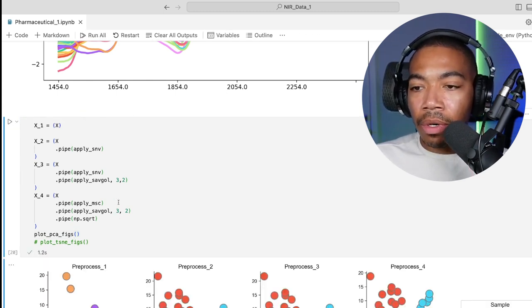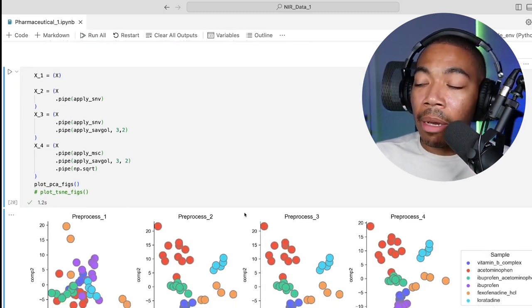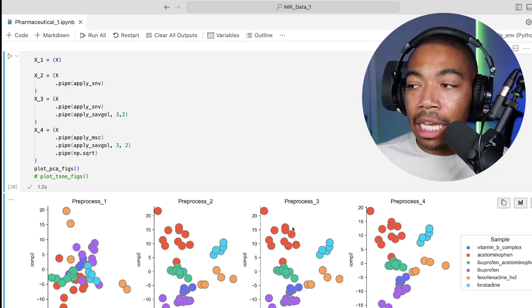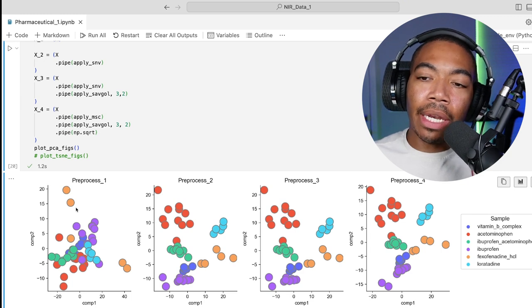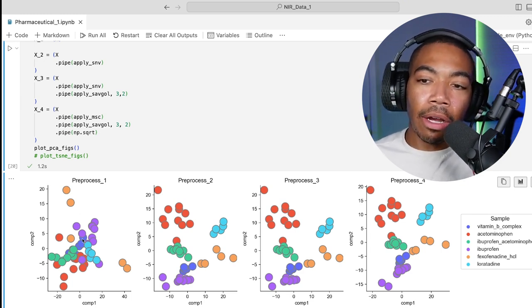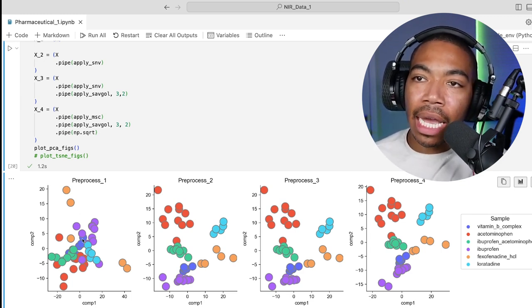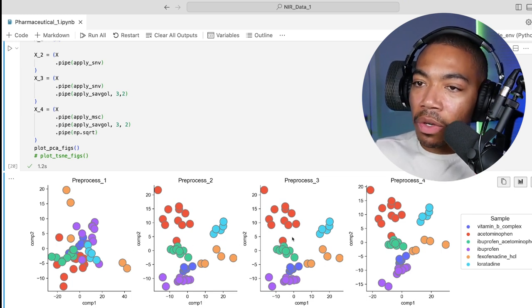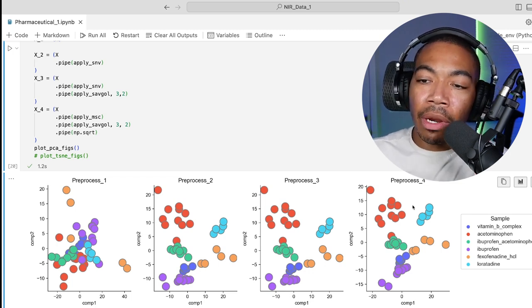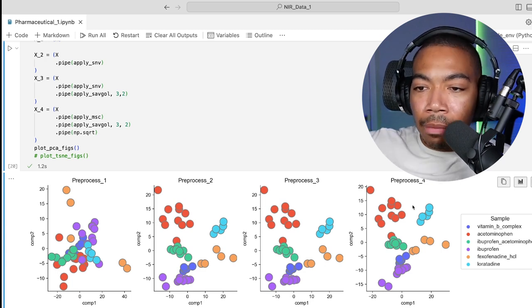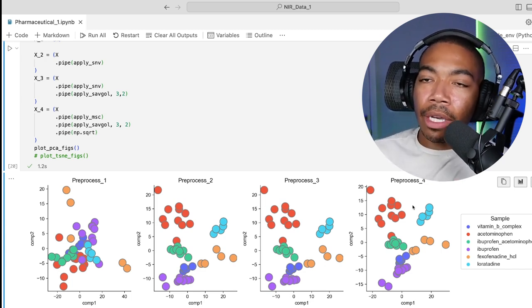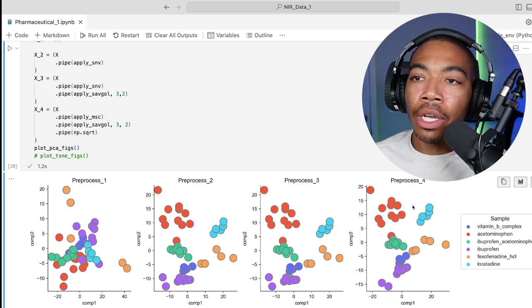And this will compute the scores and produce the scatter plots, as well as apply our coloring by the sample type. If we look at this first figure, where there's minimal preprocessing, it looks very messy, almost a hopeless situation. And pretty quickly, as we apply SNV, Savitzky-Golay, and even more in preprocess 4, we see that we're having a lot of different impacts on this data, primarily tightening many of these clusters by removing that scatter and building some distance between the groups, helping us to gain confidence that we can build models to help us understand this